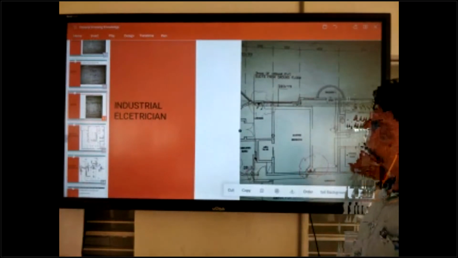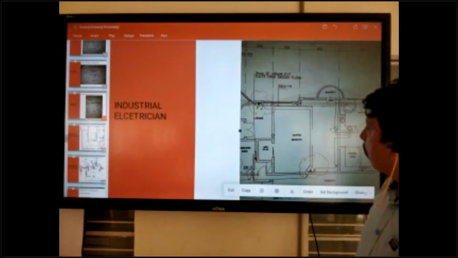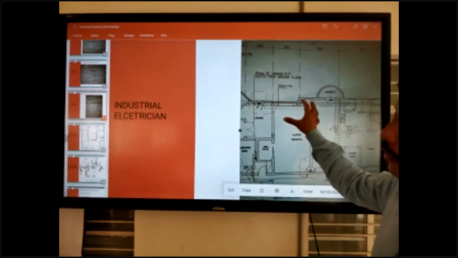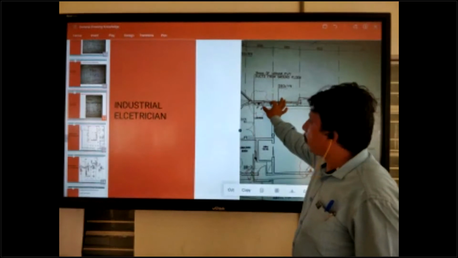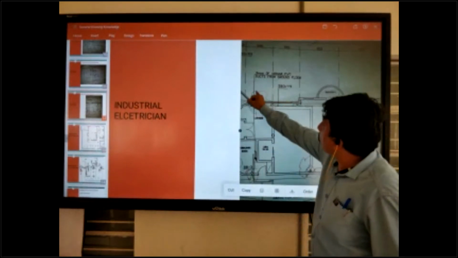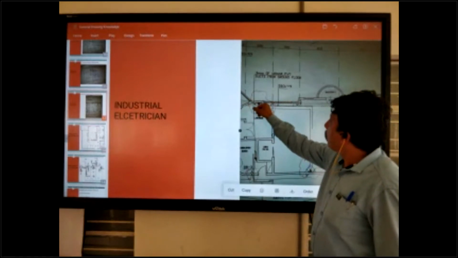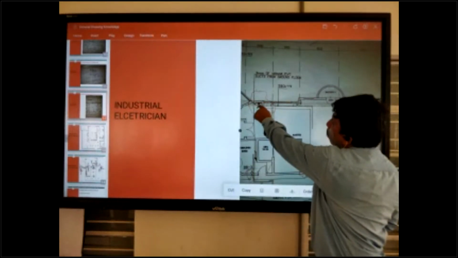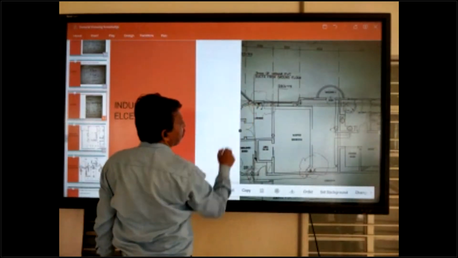is TV, telephone, and power socket. So for TV and telephone work, you can install them in boxes, and the TV and telephone connection also. I will make the red marking here. This one is TV and this one is telephone. This is the telephone point, this one is the TV point, and this one is the power socket.